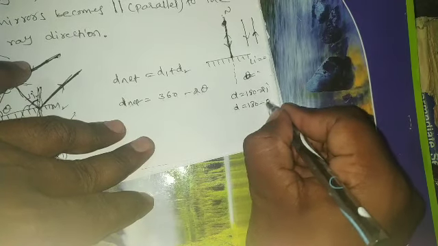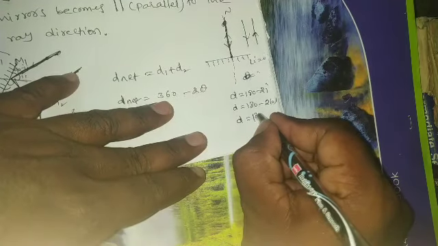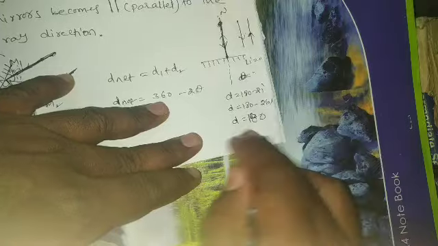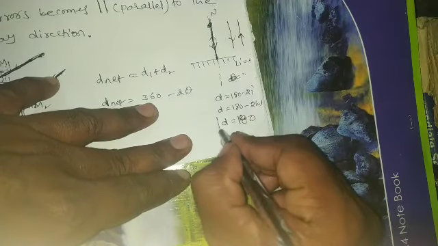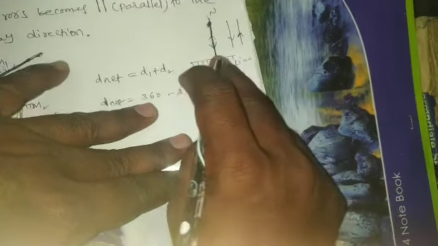What is the deviation formula? D is equal to 180 minus 2i. So D is equal to 180 minus 2 into 0, because there is no incident angle and reflection angle. So what is the deviation here? 180 degrees. So remember that plane mirrors condition, so here also plane mirrors.